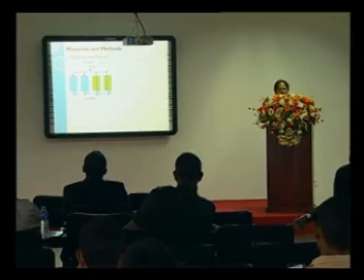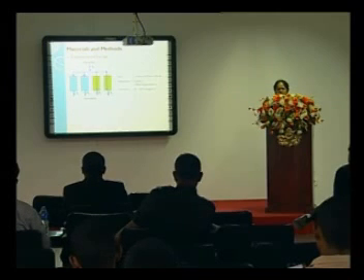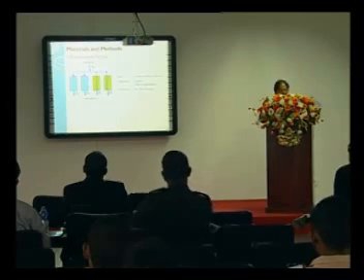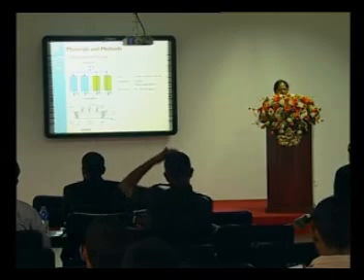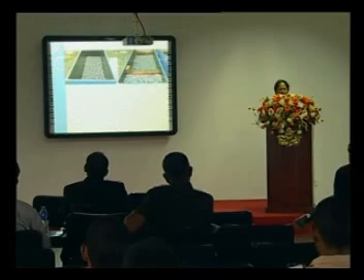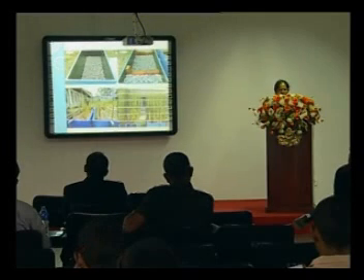This is our experiment setup. We had 4 wetland units of 1.4 meters, 0.5 meters and 0.6 meters in size, planted with Typha angustifolia, and the substrate we used is 10 to 20 millimeter size gravel. We had 2 horizontal subsurface flow systems and 2 vertical subsurface flow systems. This is a schematic diagram of a horizontal system, and this is a schematic diagram of a vertical flow system. This is how we have constructed them,